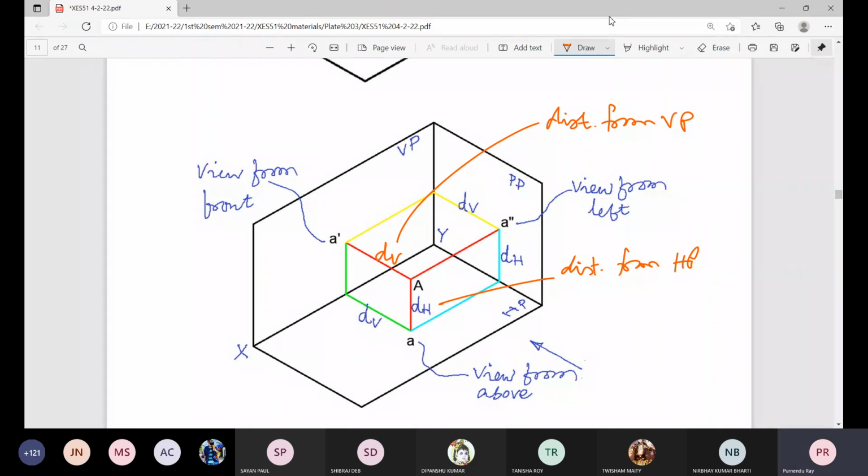Okay. Now this distance is also dV, because ultimately you have formed a brick-like thing. These three mutually perpendicular faces, perpendicular lines are drawn from capital A to small a dash, small a double dash. So you have formed a brick. All six faces are there of rectangular shape, and that's all, a simple geometry. Okay. Now once we have those distances,